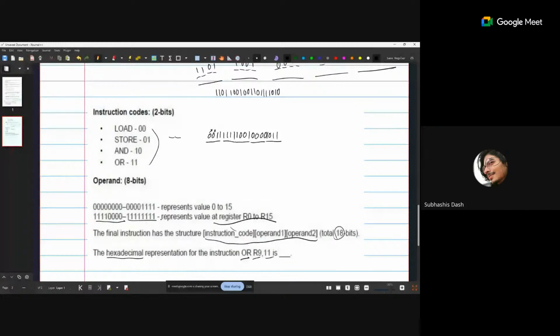Okay, so I'll just explain really quickly before the network disappears again. To convert this from binary to hexadecimal, since it is 18 bits, it is not a multiple of 4. We are just assuming that there are two zeros over here. Okay, so after adding two zeros, we can just convert this. This is 3, this is 111,